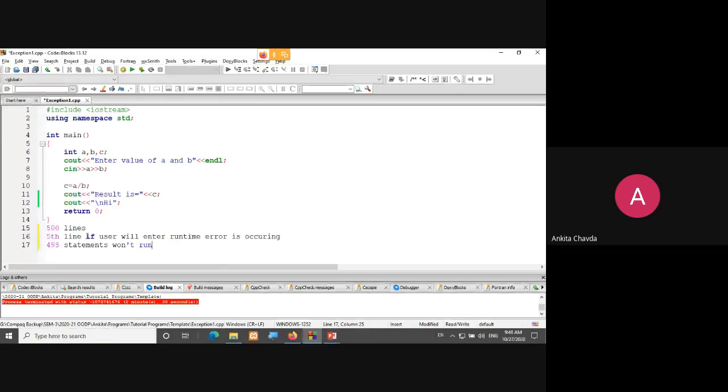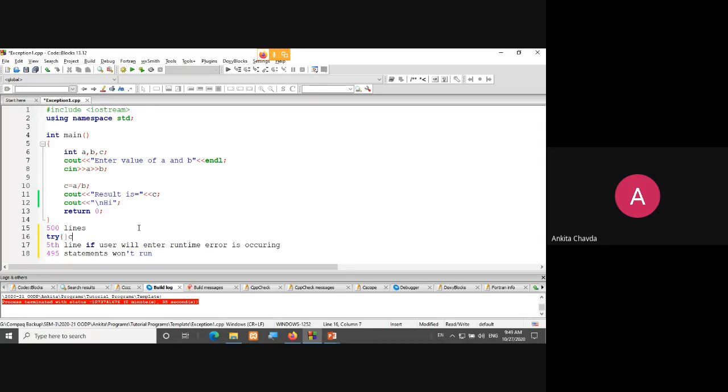But I don't want such things. If in some area you have a doubt, say suppose the user will enter 0 here, and only then some runtime error will occur, which you need to handle, then those doubtful statements you need to write into a block which is known as the try block.